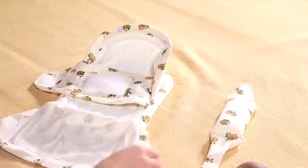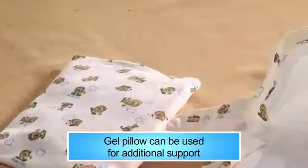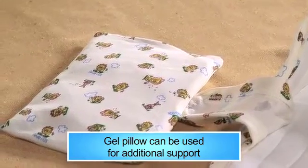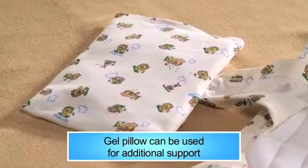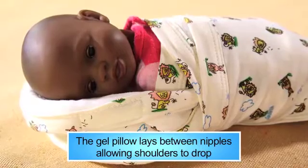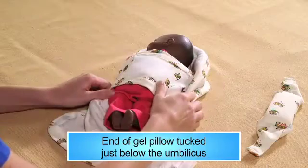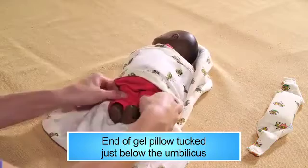For the prone positioning, you start by opening the ROO2 completely. If desired, a gel pillow can be placed inside the ROO2 to use as a prone roll. The gel pillow supports rounding of the shoulders and adds support for maintaining flexion with the multi-purpose roll. The gel pillow should lay between the nipples to allow shoulders to drop. The end of the gel pillow should be tucked in to land just below the umbilicus, allowing for hips to